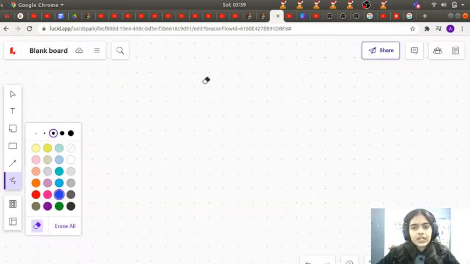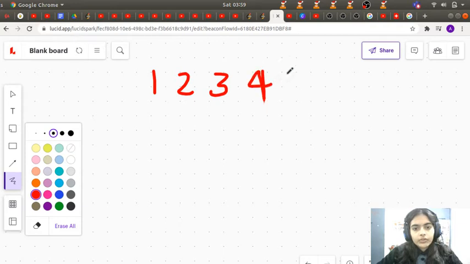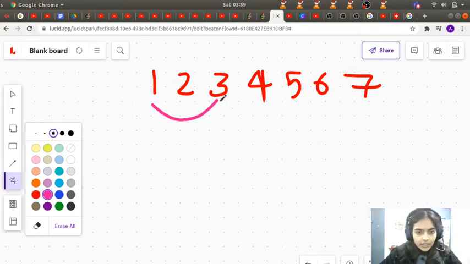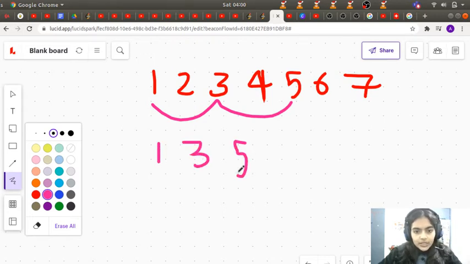So let's get started with the logic of this. So I will just take a simple example. Consider 1 2 3 4 5 6 and 7. So let's understand what will be the output of this. If this is our input linked list, then we have to group together 1 3 5, and we have to attach them so that 1 is pointing to 3, 3 is pointing to 5, and then we have to group 5 to 7 also, so 5 should also point to 7.